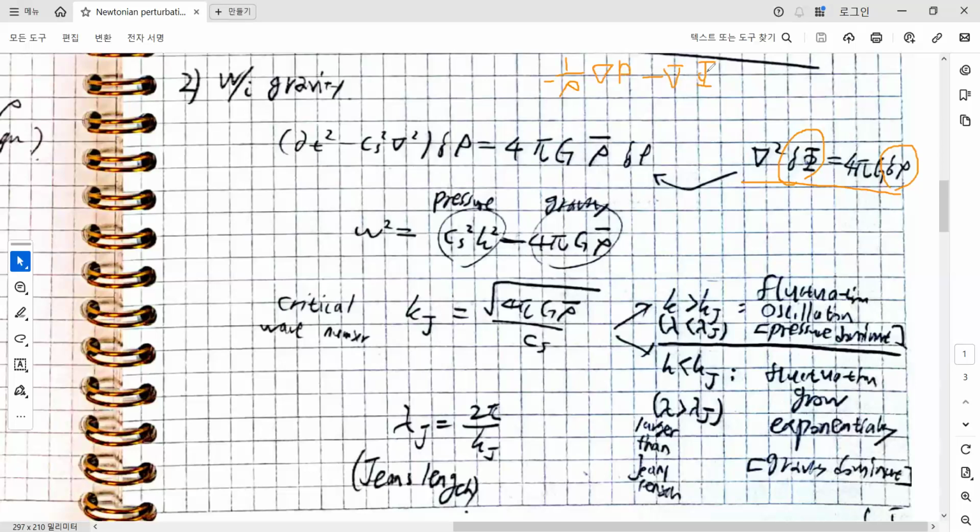So this gives additional terms, rho bar and delta rho, coming from the gravitational potential, because we act the partial derivatives in the Euler's equation. So this gives the Poisson equation. Automatically this gives the right-hand side. So if we move this term to the left-hand side, then